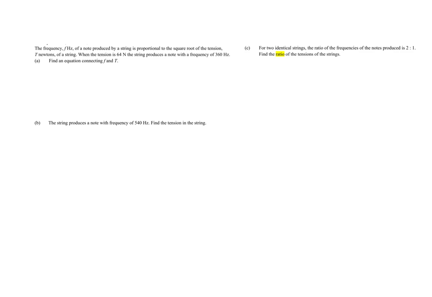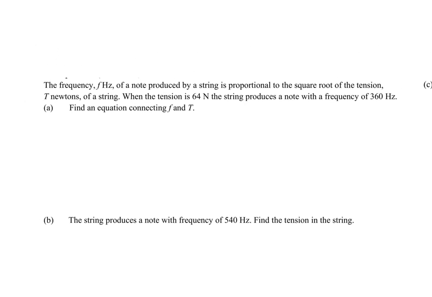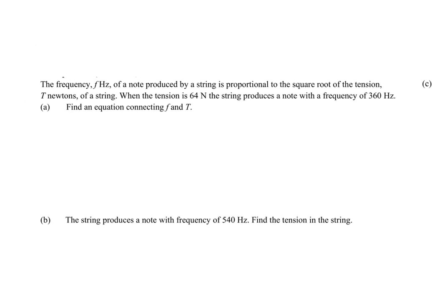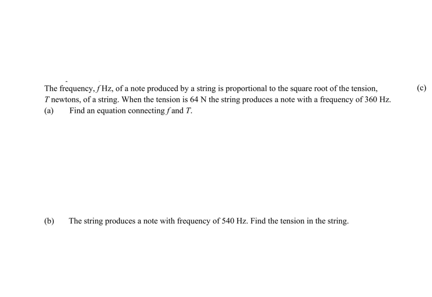The frequency f of a note produced by a string is proportional to the square root of the tension, T newtons, of the string. When the tension is 64 Newton, the string produces a note with a frequency of 360 Hz. Although the question did not specifically use the word direct, it is understood that proportional means direct